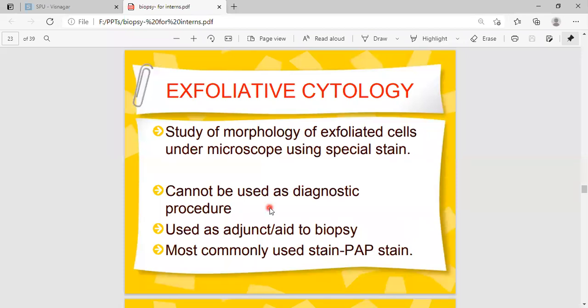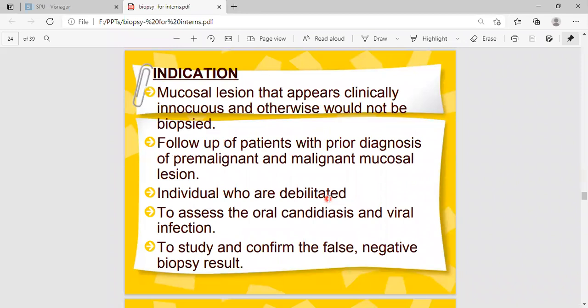Exfoliative cytology: study of the morphology of exfoliated cells under the microscope using a special stain. It cannot be used as a diagnostic procedure, usually used as an adjunct to the biopsy. Most commonly used stain is the PAP stain. Indications: mucosal lesions that appear clinically innocuous and otherwise would not be biopsied. And most of the time it is used for follow-up of patients with a prior diagnosis of pre-malignant and malignant mucosal lesions, and individuals who are debilitated, in those cases to assess oral candidiasis and